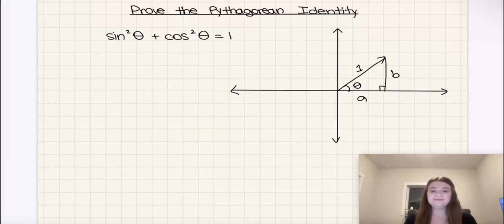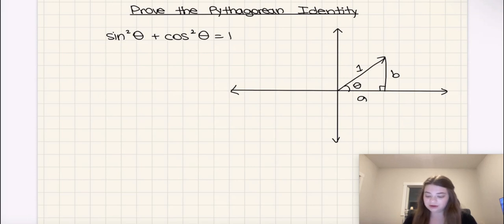Welcome back, everyone. Today we're going to be proving the Pythagorean identity that says that sine squared theta plus cos squared theta is equal to 1. So let's dive in. All right, so here I have drawn this right angle triangle,